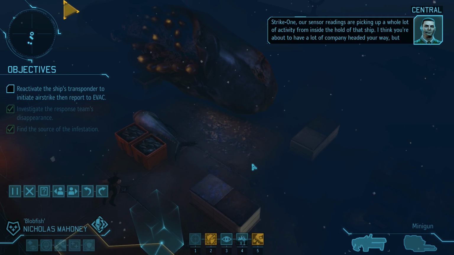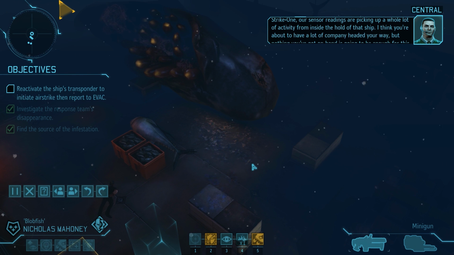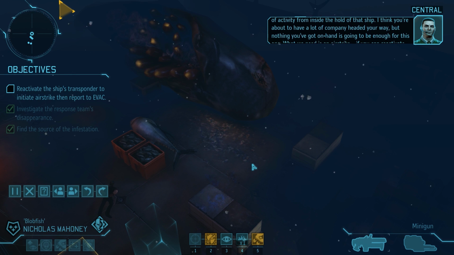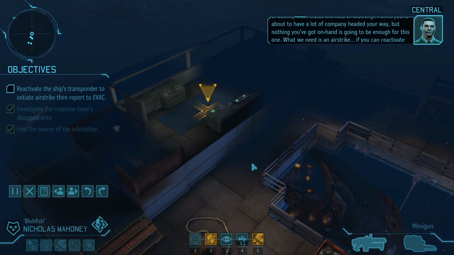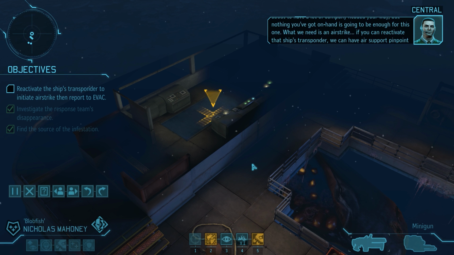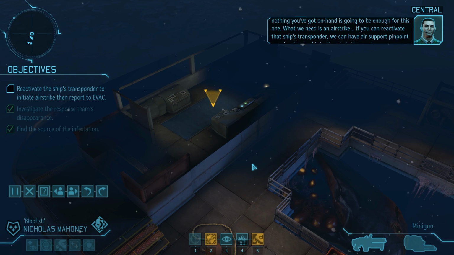Strike 1. Our sensor readings are picking up a whole lot of activity from inside the hold of that ship. I think you're about to have a lot of company headed your way. But nothing you've got on hand is going to be enough for this one. What we need is an airstrike. If you can reactivate that ship's transponder, we can have air support pinpoint your location and take the whole thing